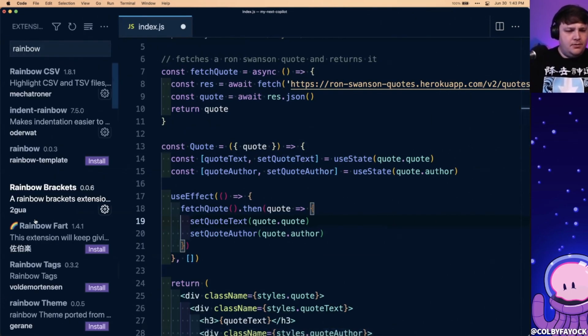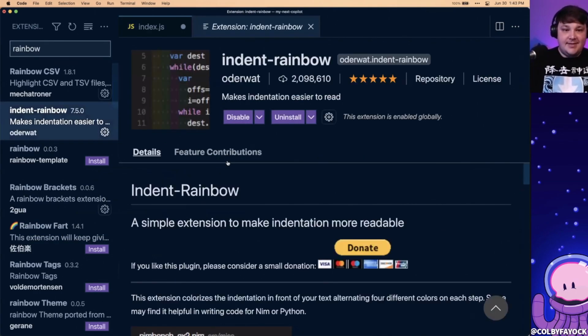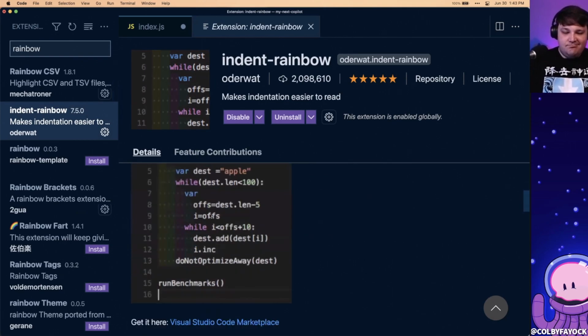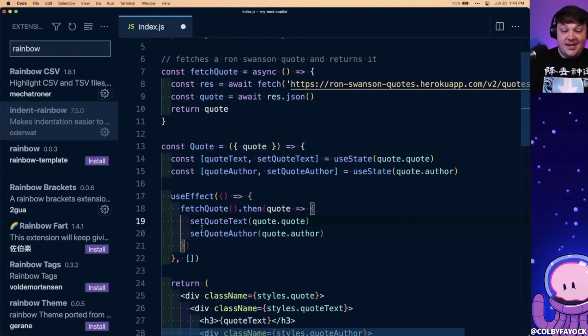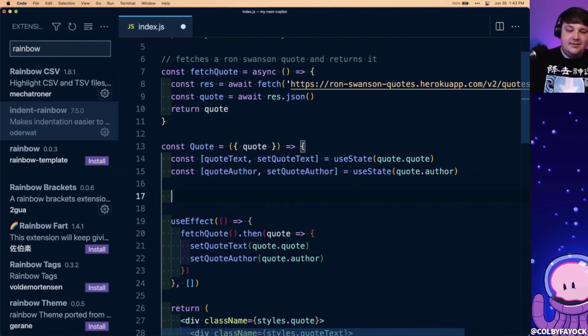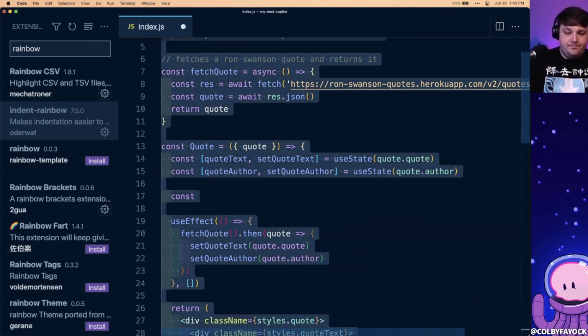Rainbow indent rainbow. It's amazing. I love it because it makes it so much easier to see what you're actually doing with the indentation. And I don't know if you noticed, but I also have a different rainbow one called rainbow brackets, which, if you notice these brackets, they're matching the colors. So as things actually get nested, and just as an example,